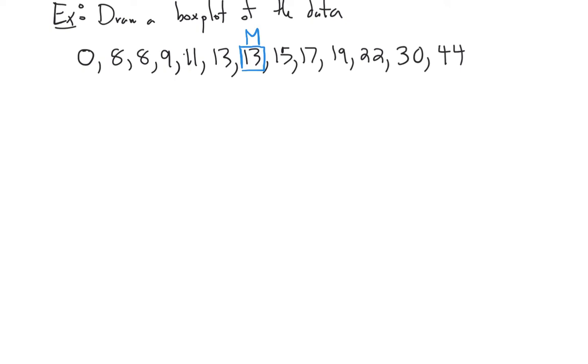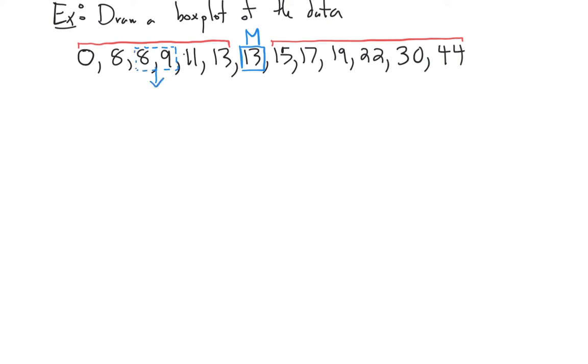Now that we have the median, it is an actual data point. It's not the average of 2 data points. So we're going to exclude that from the 2 halves that we just built. And we need the median of each half, and that'll give us our upper quartile and lower quartile. We have 6 data points on either side. So we need the average of the 3rd and the 4th here to give us